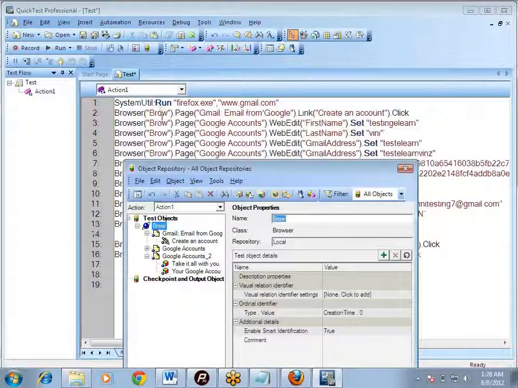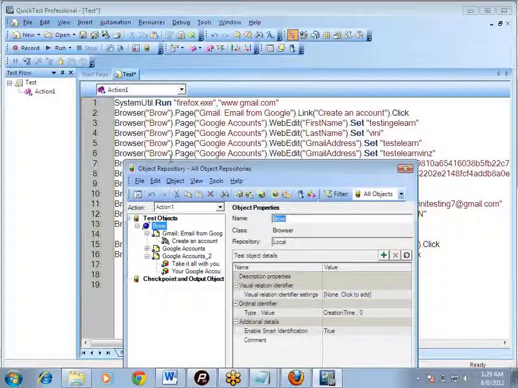Now see, in the script, everywhere the name was Gmail email from Google or Google account, the name of the browser, it changed to Bro. The name of the browser got changed automatically. Correct?